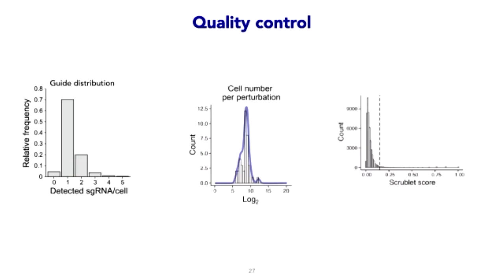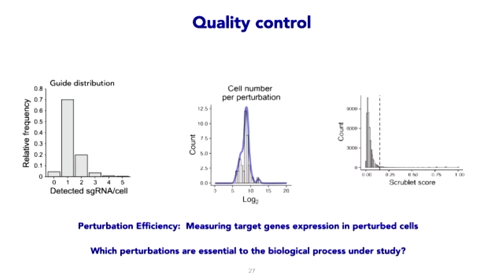One of the last things you want to look at is whether a droplet captured just one cell or multiple cells. And now we have several tools available for detecting doublets, et cetera. Of course, we also want to know what the target gene actually looks like. If a cell received a perturbation, and the perturbation was a knockout, did the target gene expression go down? So measuring the target gene expression in relation to the control guide is one way of getting